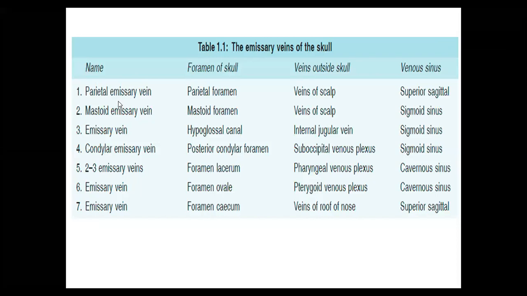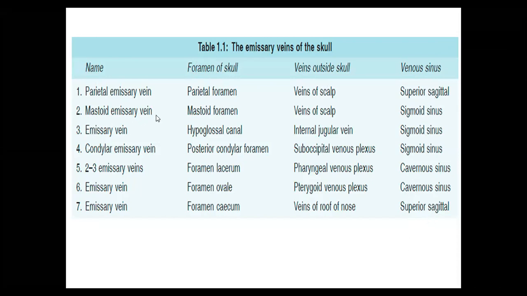One foramen, if you see clearly, see this is one foramen you are finding in the parietal bone. You call it as parietal foramen. Similarly, if you see with mastoid process, you call it as mastoid foramen. Correspondingly, you have to understand we have so many foramina with so many structures passing inside, right? So, parietal emissary vein is seen in the parietal foramen. It is connecting the veins of the scalp to superior sagittal sinus, which is one of the sinuses, like venous channels of the brain. All these are the veins of the brain which we will teach you when we do dural venous sinuses. These veins are actually seen within the fold of dura mater.